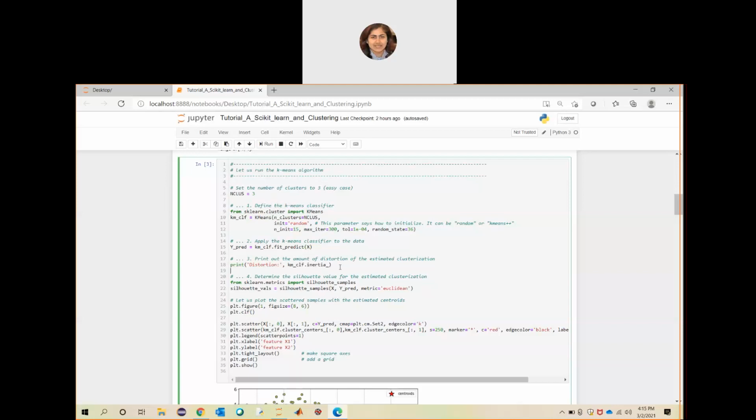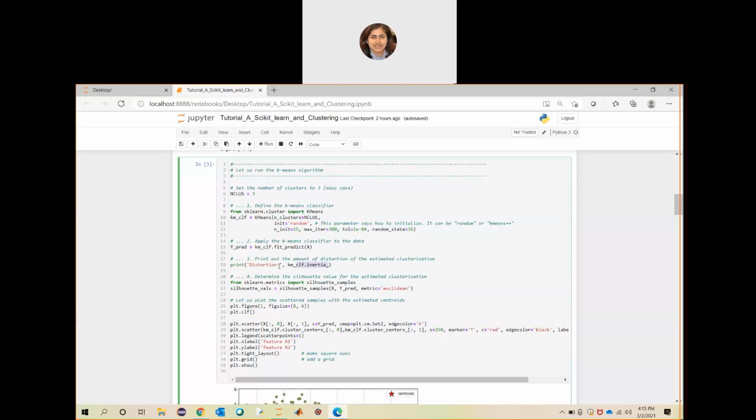Now the next thing is that you need to predict certain values. So how to predict? You can apply the fit predict function using the kmclf variable, the classifier you got through the k-means function, and here the input will be the x, the data set x that I was showing you before. So y predict is found out.